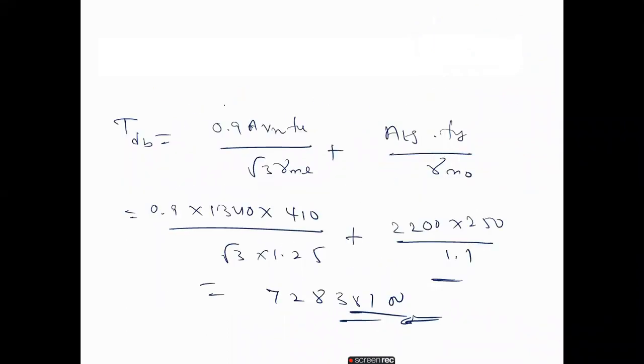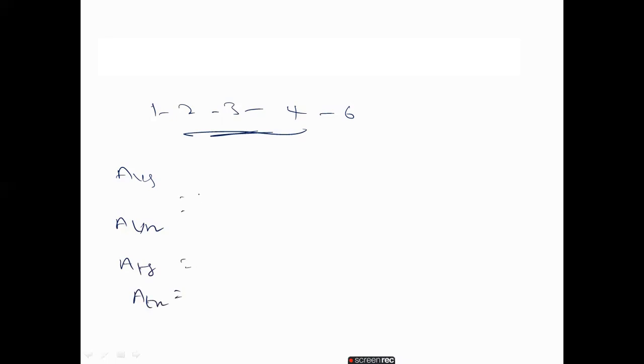Same like that, if you observe along 1 2 3 4 6, if the block shear happens like this, so repeat the same procedure, but directly I will write the answers here. Please go through once whatever in the previous same like that, only go through that one. So I will write the answer clearly.